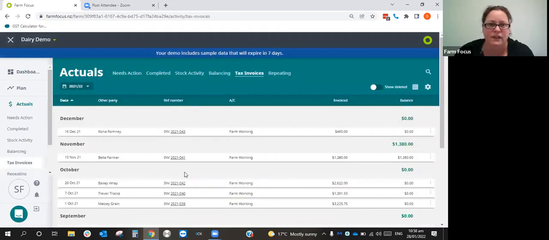Okay, tax invoices. We don't have debtors in Farm Focus, but we do still have tax invoices. We're coming up with statements pretty soon, and we have an aged debtors report. So that's all free. Debtors there was a charge involved in Cash Manager, so that's all free now. We can see all of our